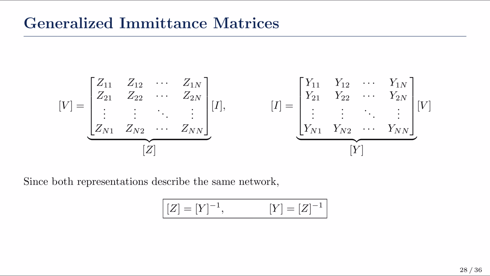A diagonal element represents the driving point behavior of a port, whereas an off-diagonal element represents the coupling between two different ports. Since both matrices describe exactly the same physical network, they are mathematical inverses of one another whenever the inverse exists. Consequently, when either the impedance matrix or the admittance matrix is known, the other may be obtained directly